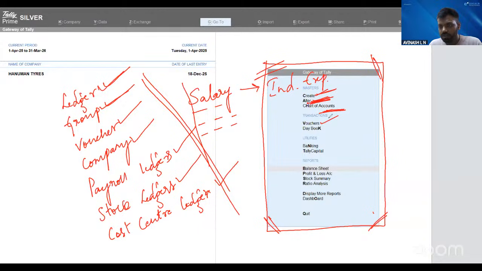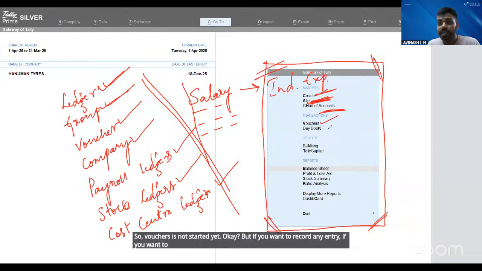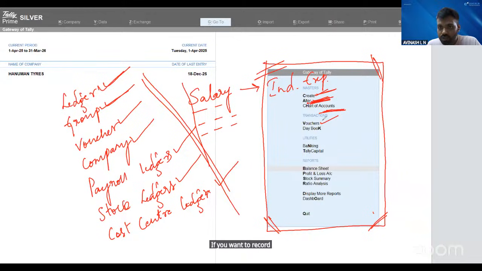Next, vouchers. Vouchers is not started yet. But if you want to record any entry, any business transactions in your books of accounts, you should go to vouchers. Understood? If you want to record the payment entry,